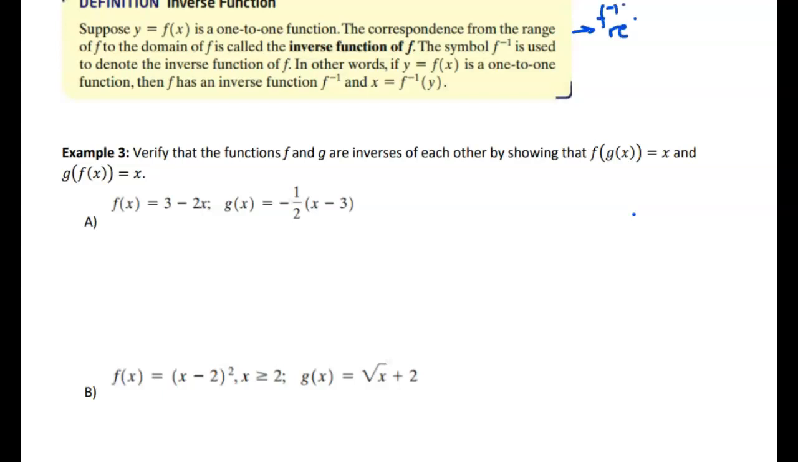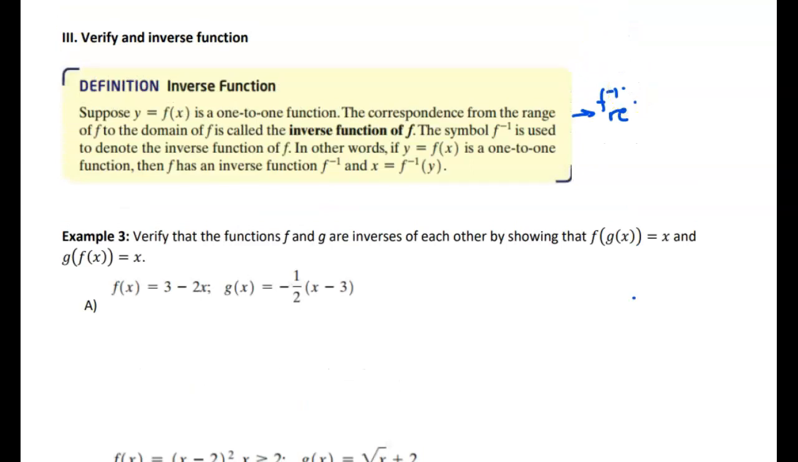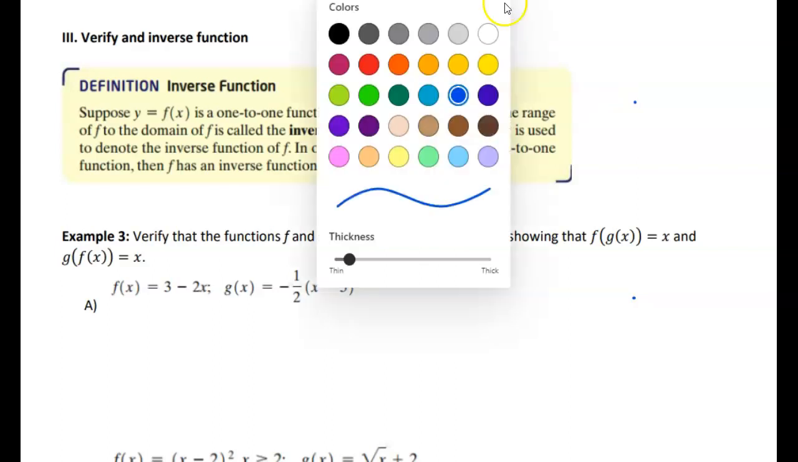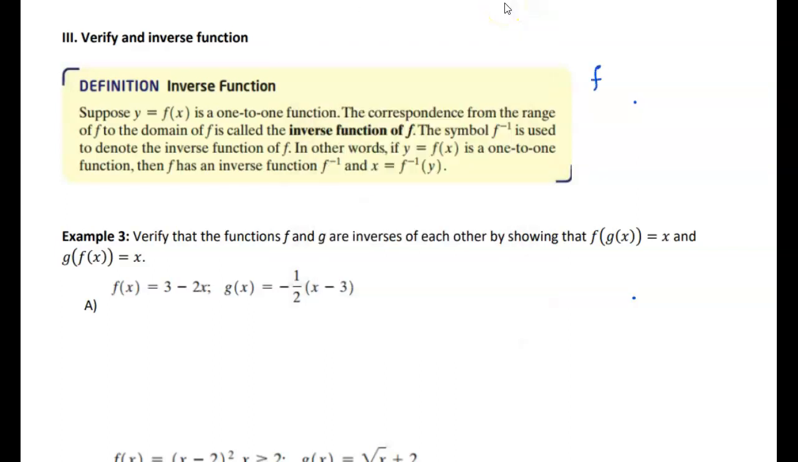All right, let's write that down. f to the -1 reverses the effect of the f function. Okay, so whatever you did to the input using the f equation, if you apply the inverse to the output, you're going to go back to the input. Okay,